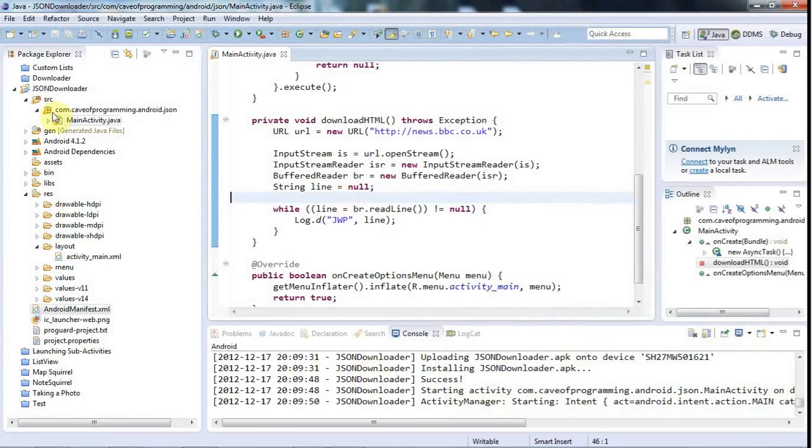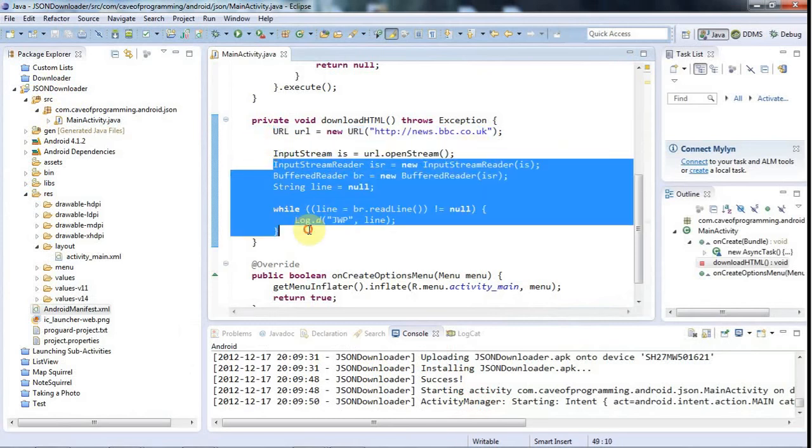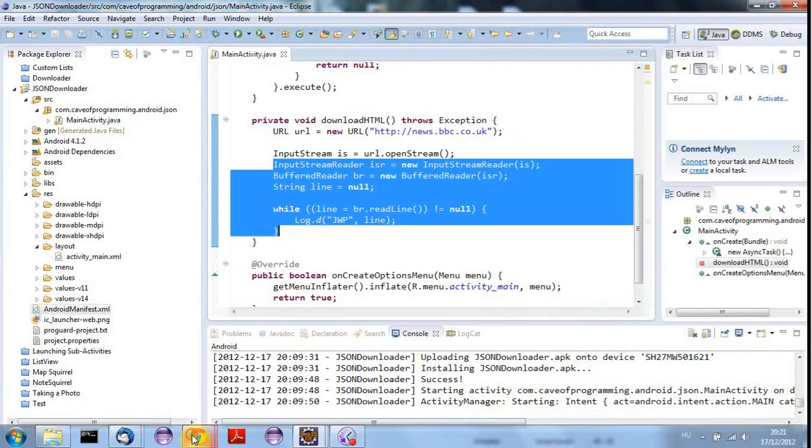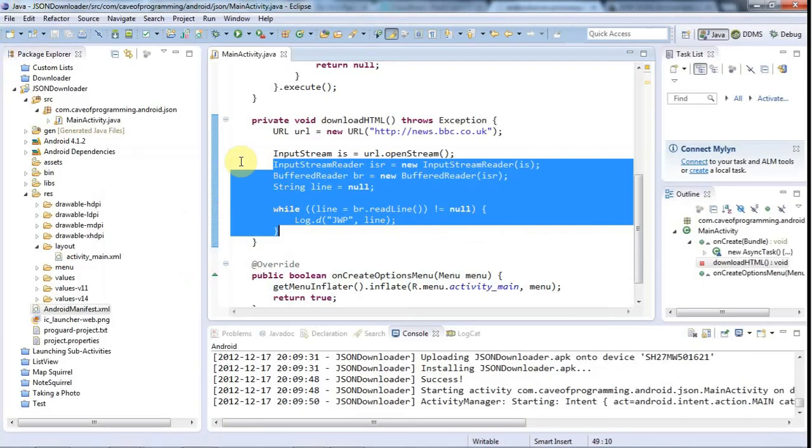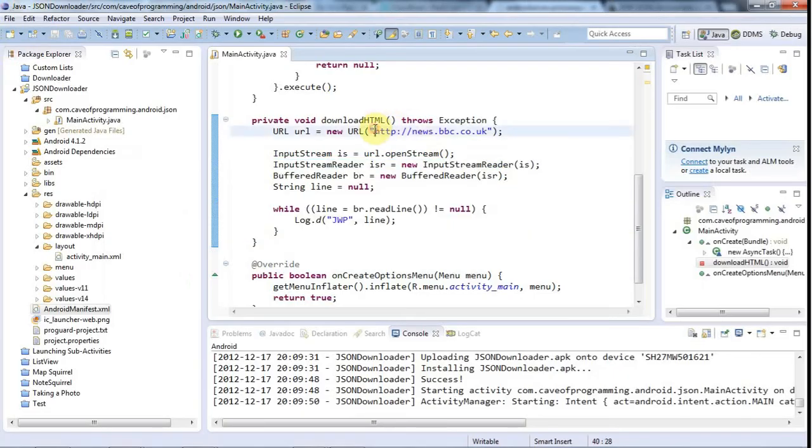Let's go to our Android development here, which is here. And I've created a new project, and I've called it JSON Downloader for reasons that I'll explain in a couple of tutorials probably. But I've just copied the downloader from the tutorial on a basic downloader. So again, it just uses a URL. It just opens a stream on the URL and then downloads from it. But now let's go back to Chrome, and I'm just going to copy this URL here, the whole thing,